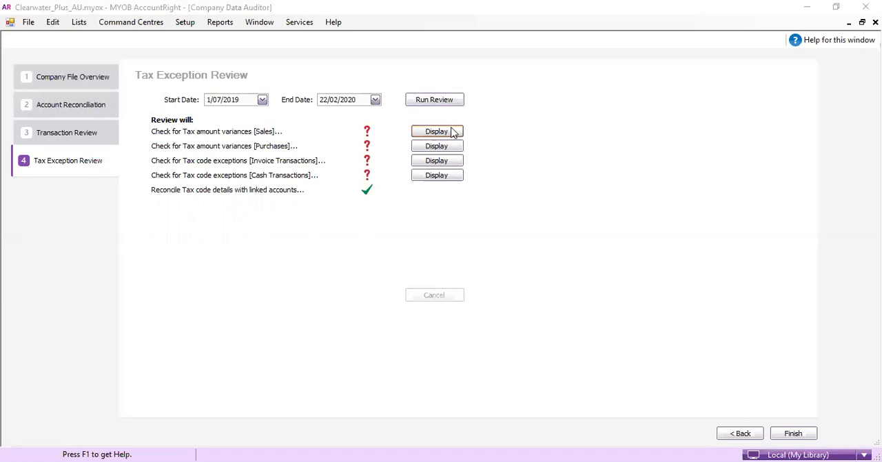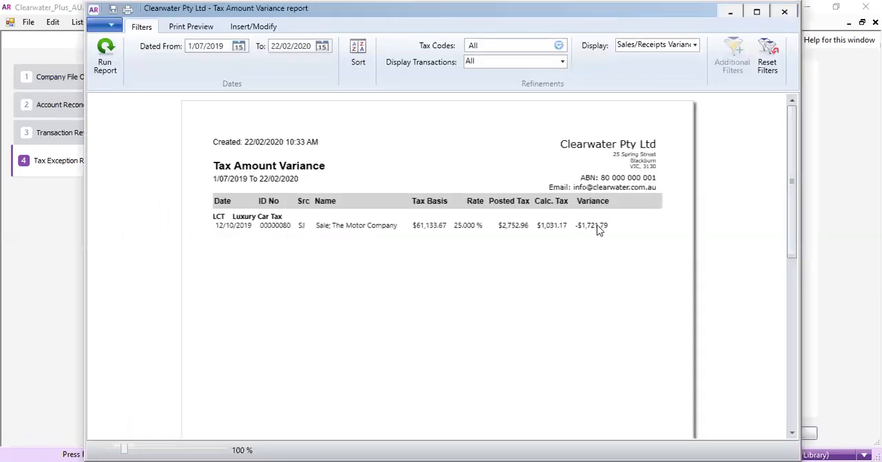Now, sometimes in MYOB also, it gives you a 1 cent difference. But in here, you can see there's a $1,721 variance. Now, that means somebody's gone in and changed the tax rate to 25%. So in GST, that's wrong, but this is a luxury car tax. So you need to double check these details to make sure that they're correct and that the tax is correct